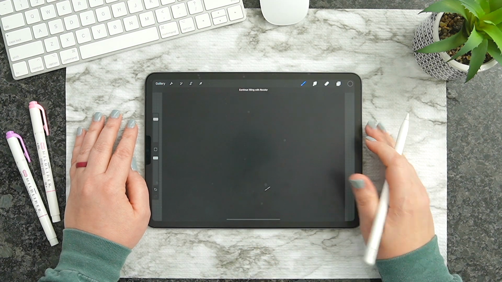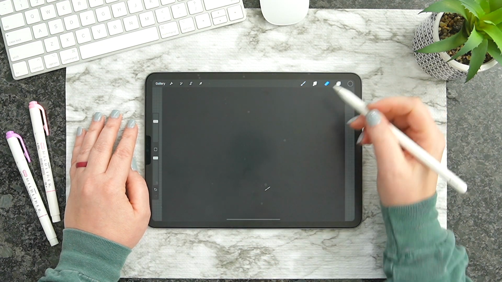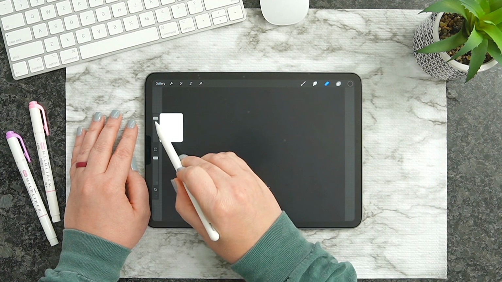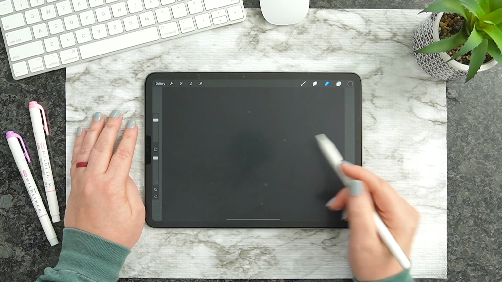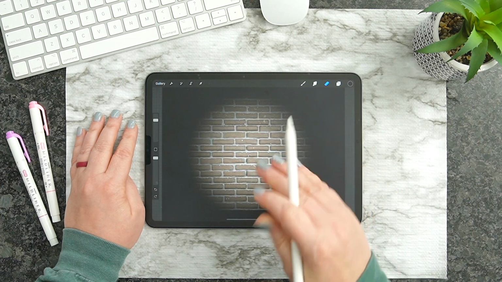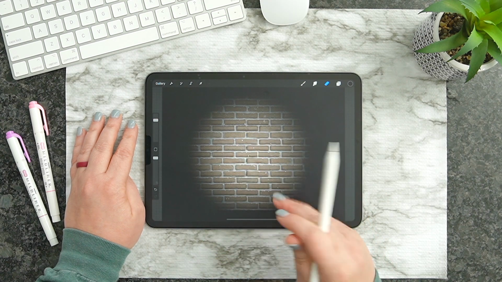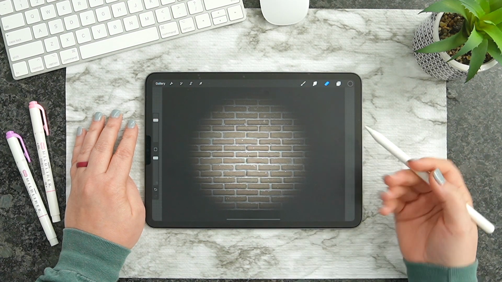And then from here, we're going to come to our eraser and we're going to change it to the soft brush. And then we want to bring that size up nice and large. From here, we just simply want to get a nice circle here in the center. So we're just going to go ahead and get rid of that black to bring back in our brick wall